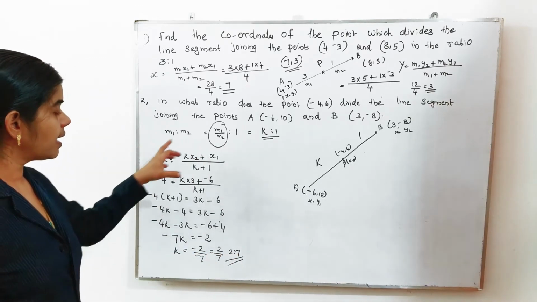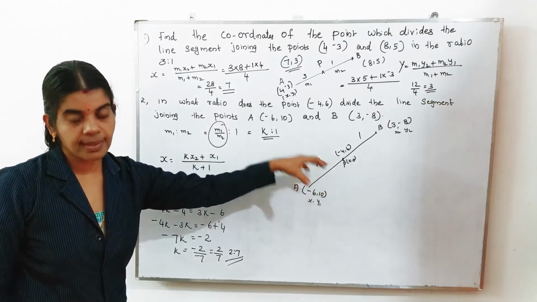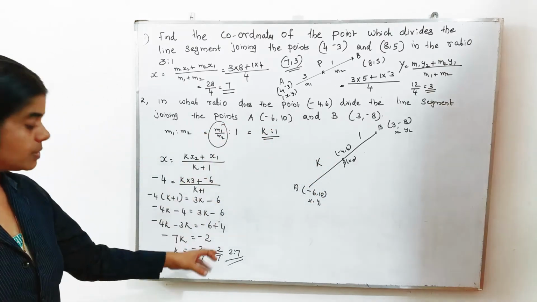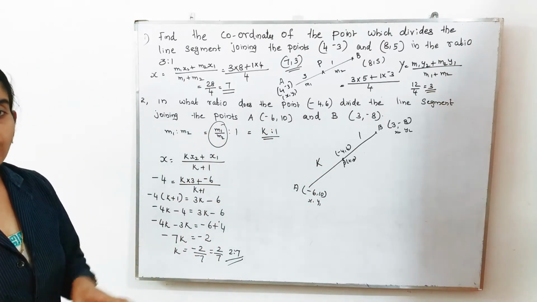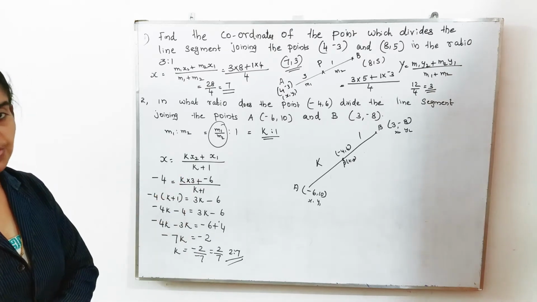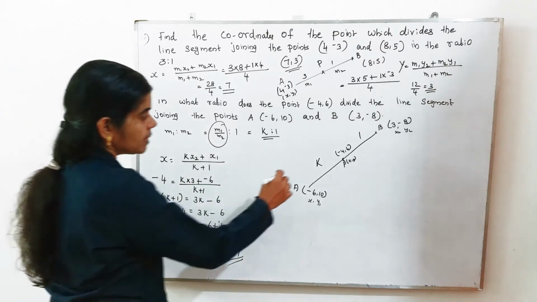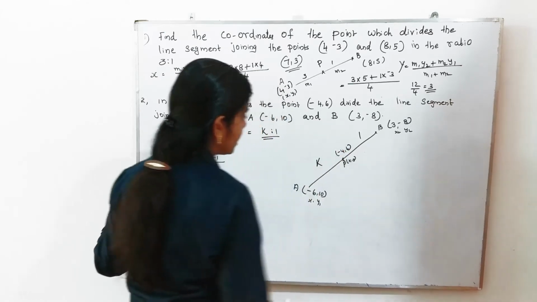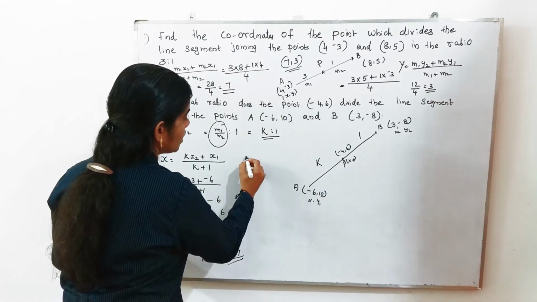Now we used the x coordinate of P only. If you use the y coordinate, then also you will get the same result. You only need to do it one way. Now I will show how you will get it. Next, 6 will be the y coordinate. Then what will be the formula?